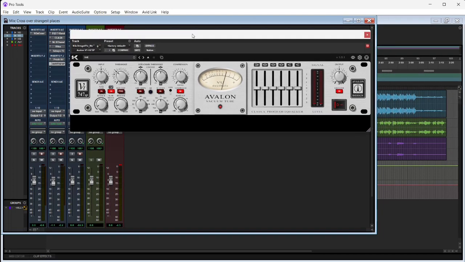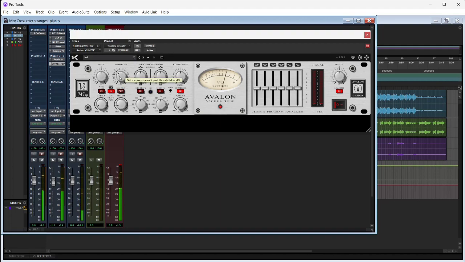It's worth $300, man. For real, it's actually worth $6 grand. Real thing. They emulated it after the true Class A Avalon Tube 737. It has a parameter equalizer. It can go up to 32,000 on a high shelf. 32,000 on a high shelf. That's going to bring brilliance into tracks without causing distortion. So let's go ahead and hear it. I know y'all can hear it that good, but